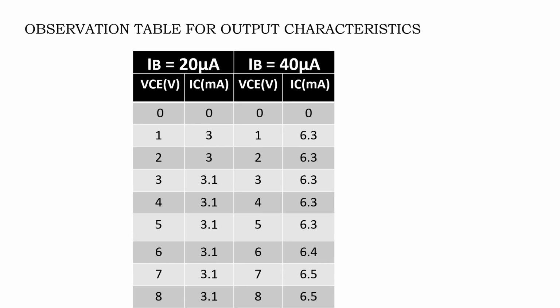For output characteristics, first of all we will keep the input base current constant, IB equal to 20 microamperes. Then we will vary the output voltage and note down the value of output current, collector current IC, in milliamperes. This is the table for output characteristics. Coming to the calculation,